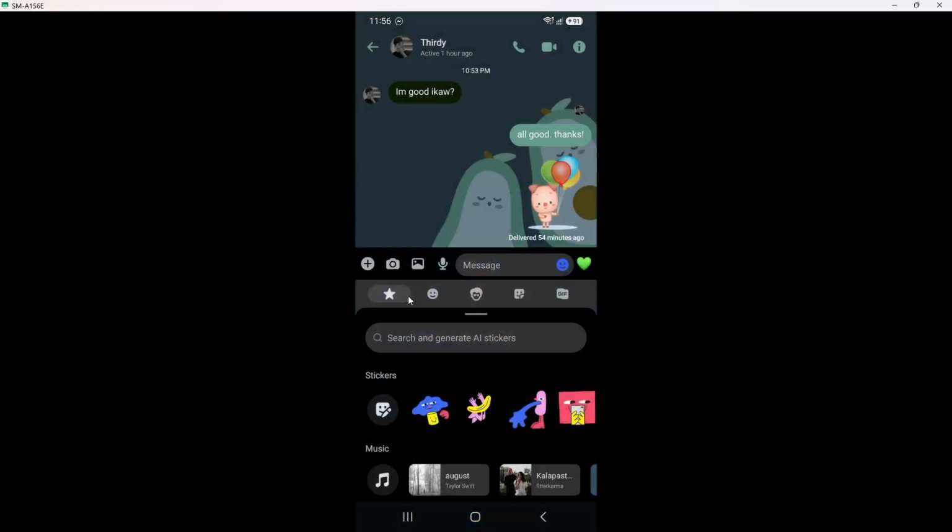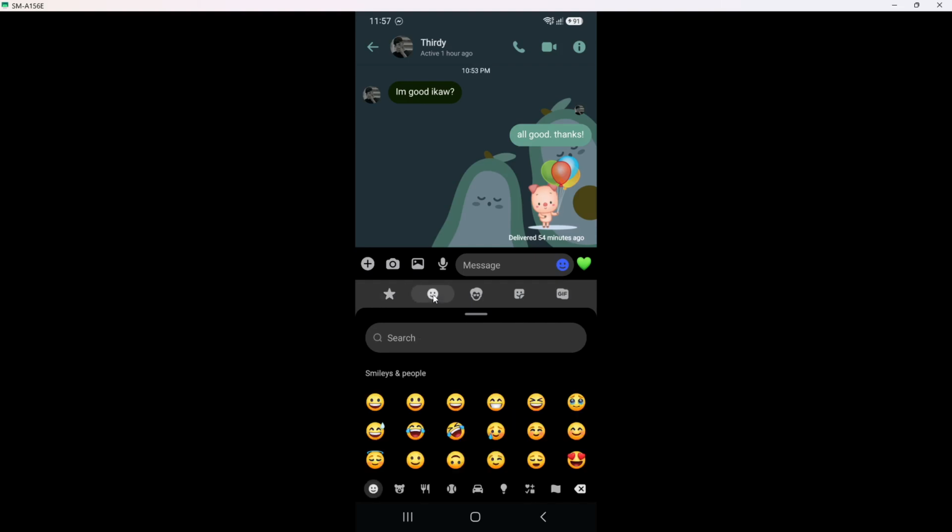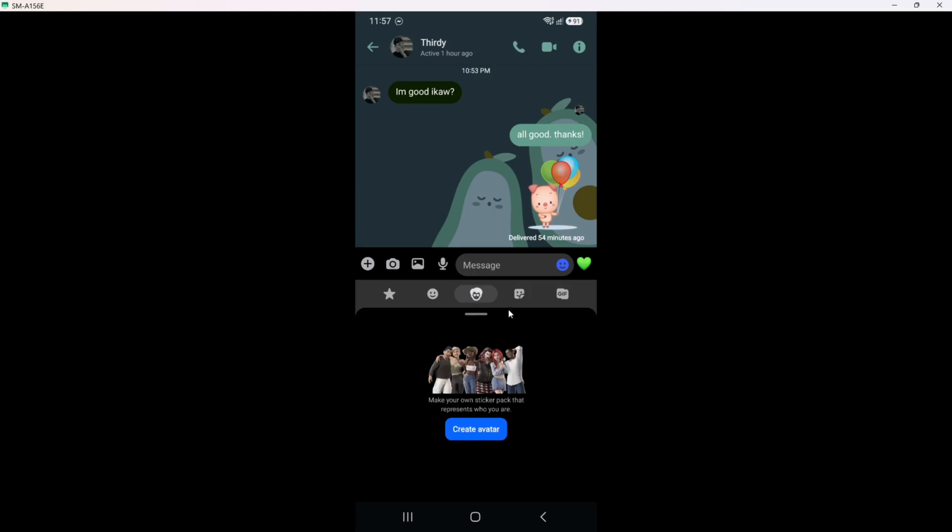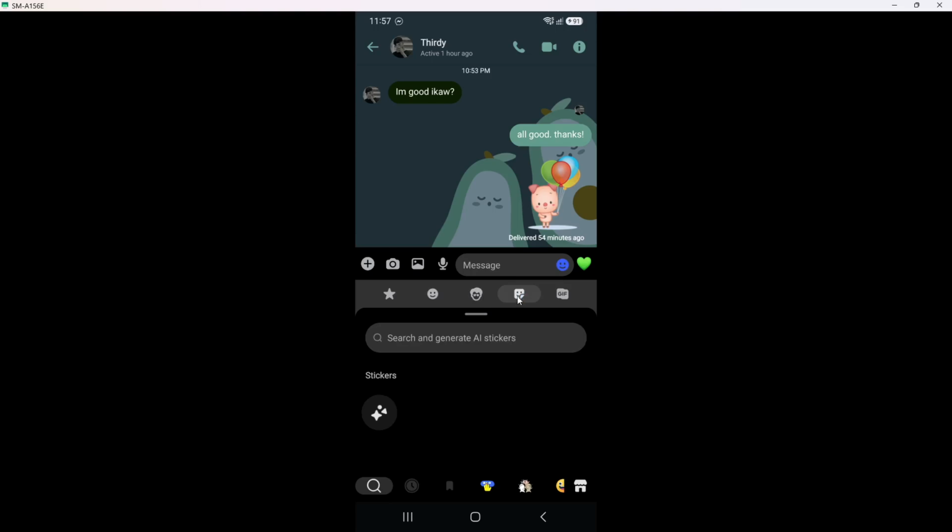From there, tap Stickers. In this panel, you will likely see tabs or small icons for emojis, GIFs, and stickers. Look for the word stickers, or an icon that looks like a square sticker with a folded corner. When you tap stickers, the panel updates, showing rows of small cartoon images. These are organized into packs, which you can scroll horizontally or vertically, depending on your version of Messenger. If the screen does not change, tap stickers again to make sure it is selected.